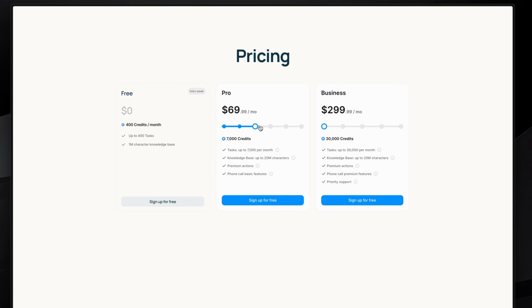Have you ever seen these dynamic pricing sliders on websites? Well, this one can actually be created in Framer without any coding. In this video, I'll walk you through step by step how this can be added to your pricing pages